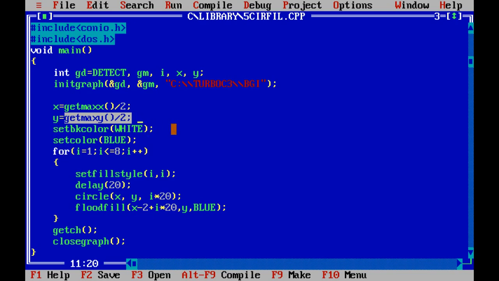setcolor white. setbkcolor white. BK color indicates background color. That means the output window appears with white color. setcolor blue. This line indicates the graphical component will be drawn in blue color. Now,